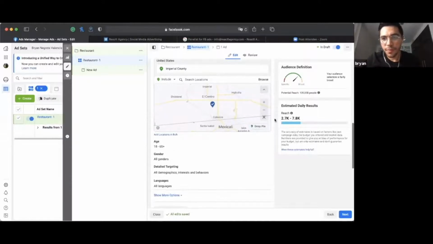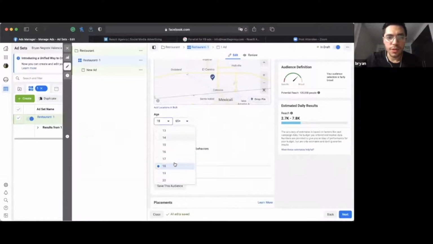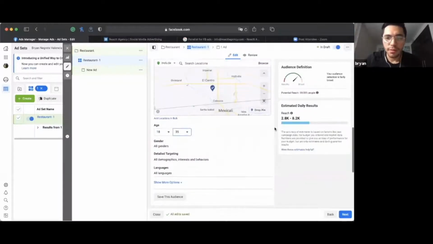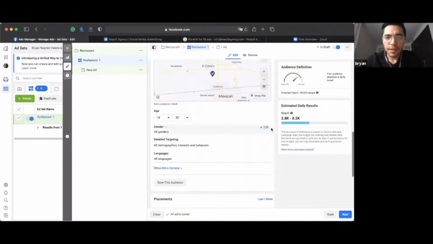Okay. For the age group, we just start, let's say, 18 years, which is good, to 35 years. All right. If your business is in different cities, you could also include other cities here, but that is just another option. Okay, if you're saying you have a restaurant, you have to be more specific. What is your restaurant about? Maybe this is a pizza restaurant, and